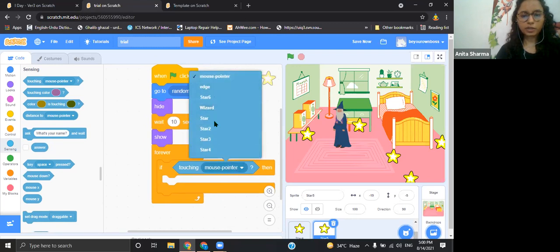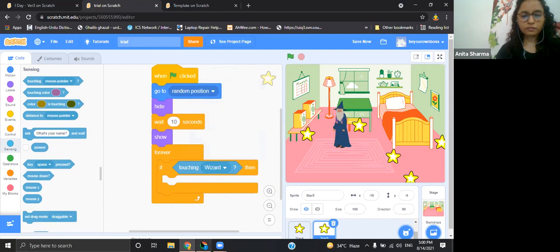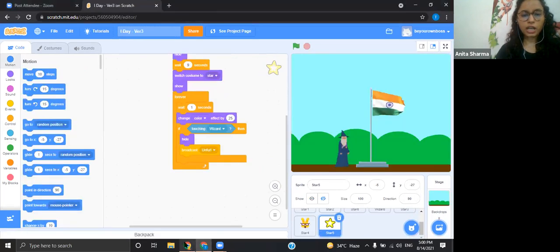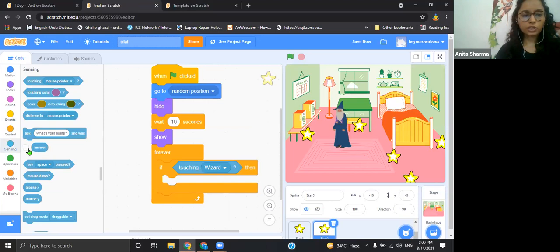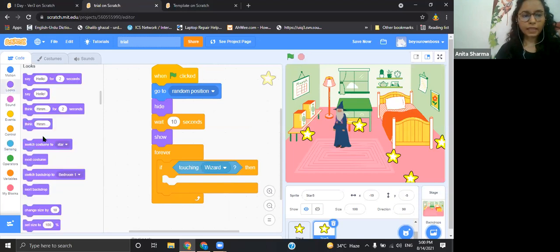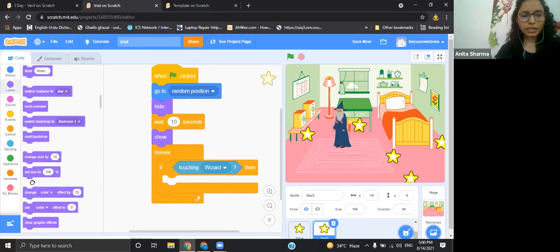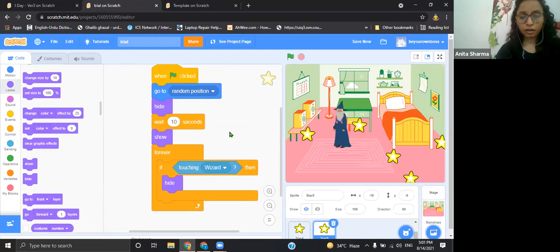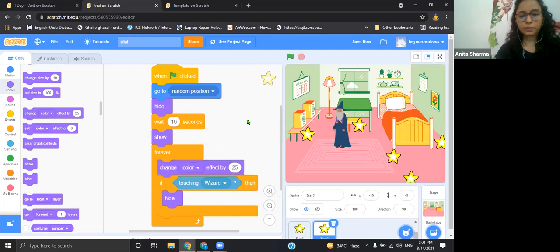So many sprites are there, so choose wizard. If it is touching wizard, it should hide, and then it should send a signal to the flag that it's your time to come up. And one more thing we are missing is twinkling, so we are going to use this here.